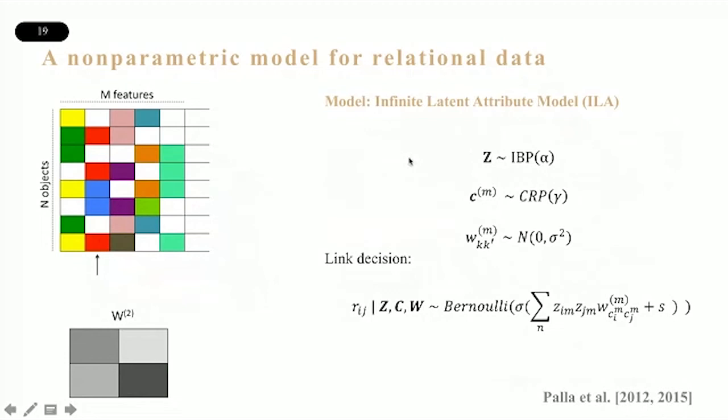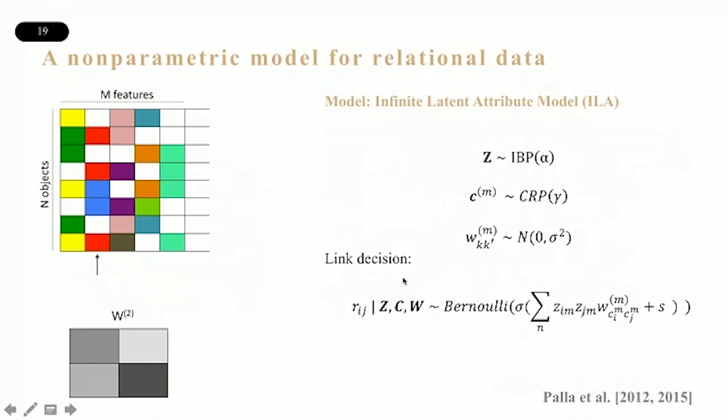I can be really brief here. These are the two steps where I first sample the feature allocation matrix Z from the Indian Buffet process. Then I sample for its M, where M is the class, the cluster allocation from the Chinese restaurant process. And then I define a weight matrix sampled from a Gaussian distribution. The weight matrix is defined for its class and indicates how probable it is to have a connection between members of different clusters K and K prime found in that class.